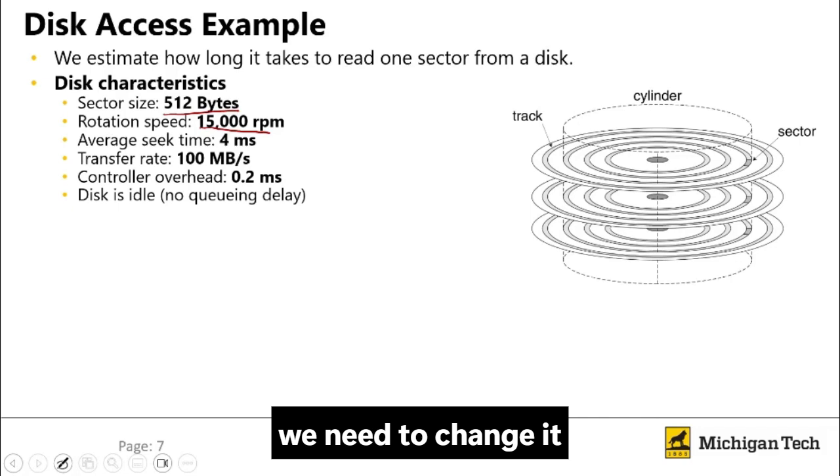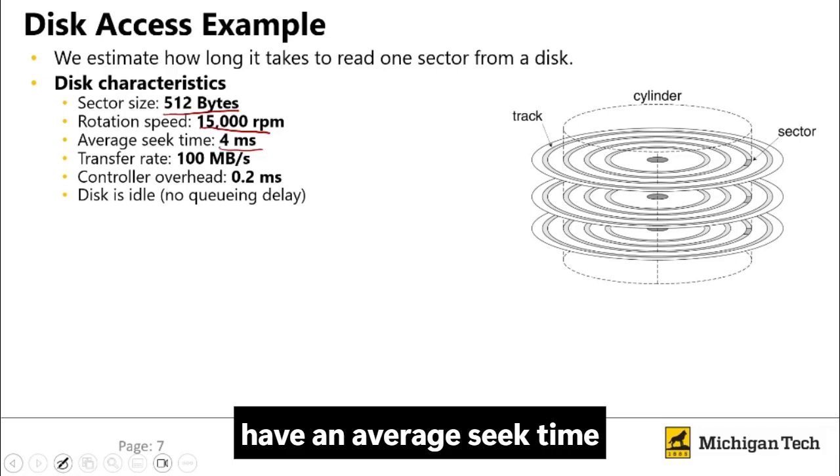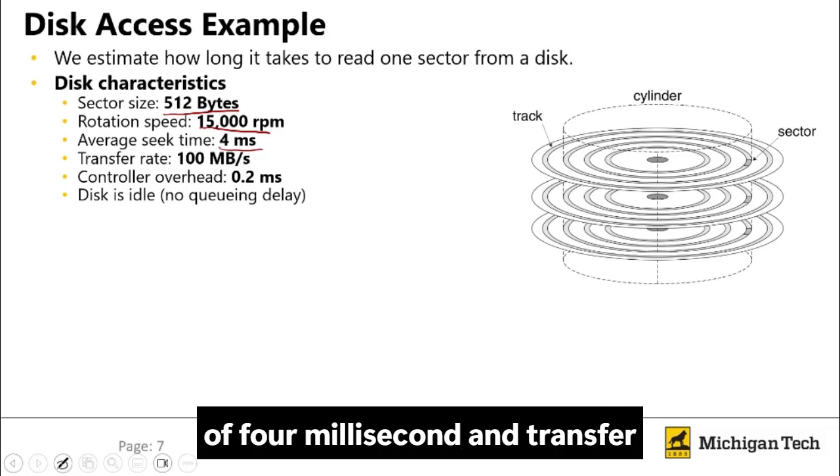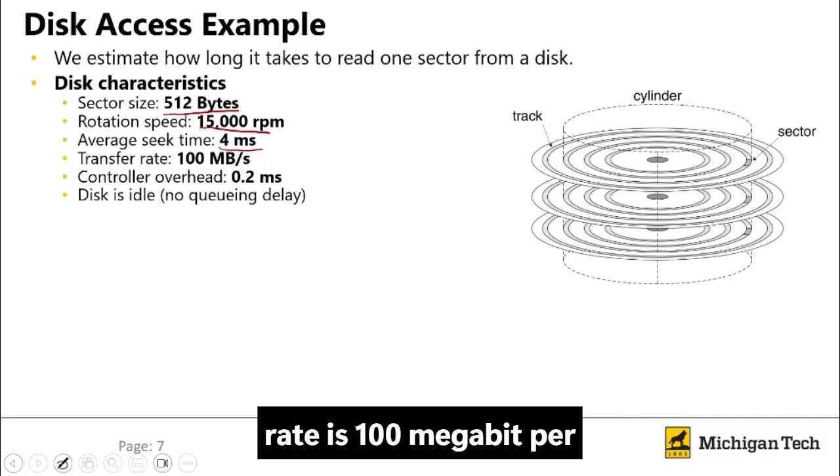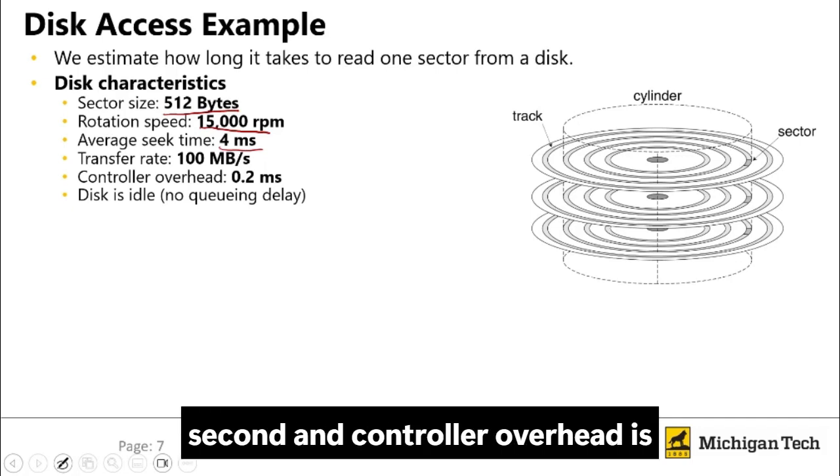We need to change it to seconds, of course. We have an average seek time of 4 milliseconds, a transfer rate of 100 megabit per second, and a controller overhead of